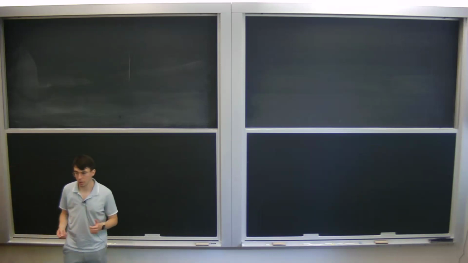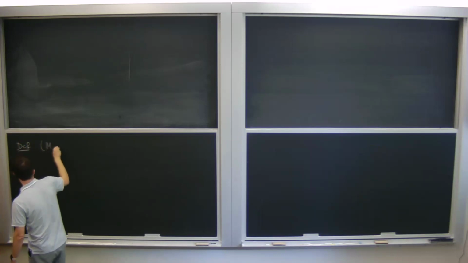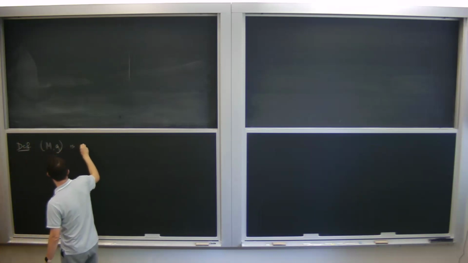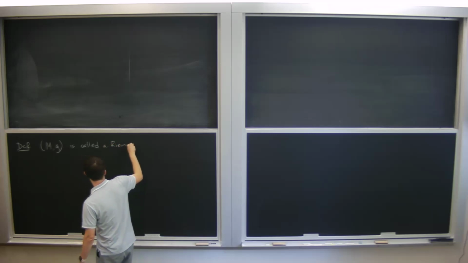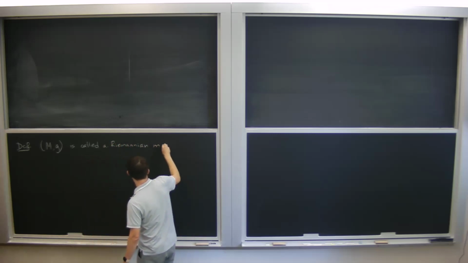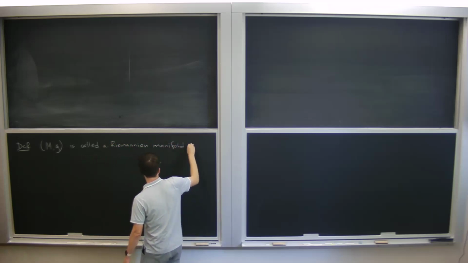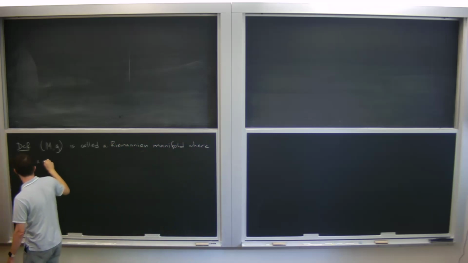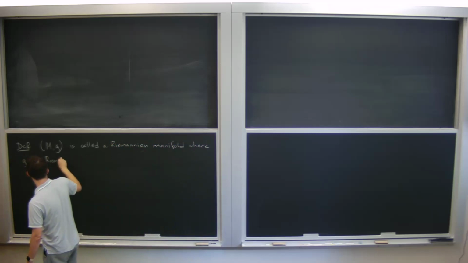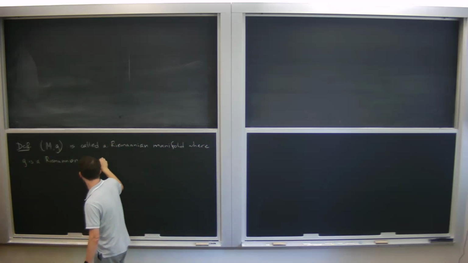All right. So actually, in the previous lecture, we started discussing Riemannian manifolds. Let me remind you that the pair (M, g) is called a Riemannian manifold, where g is a Riemannian metric on M,